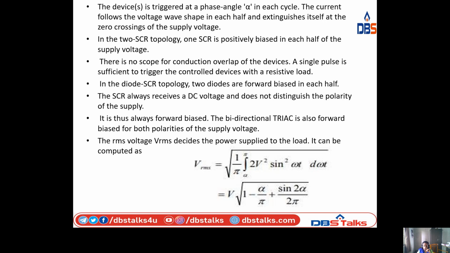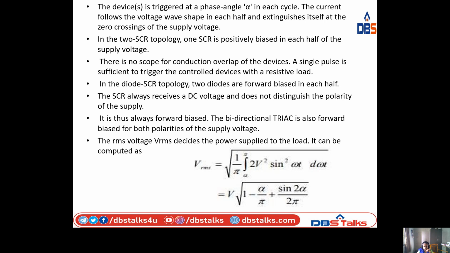So in the diode SCR topology, two diodes are forward biased in each half. The SCR always receives DC voltage and does not distinguish the polarity of supply. So it is thus always forward biased, and the bidirectional triac is also forward biased for both polarities